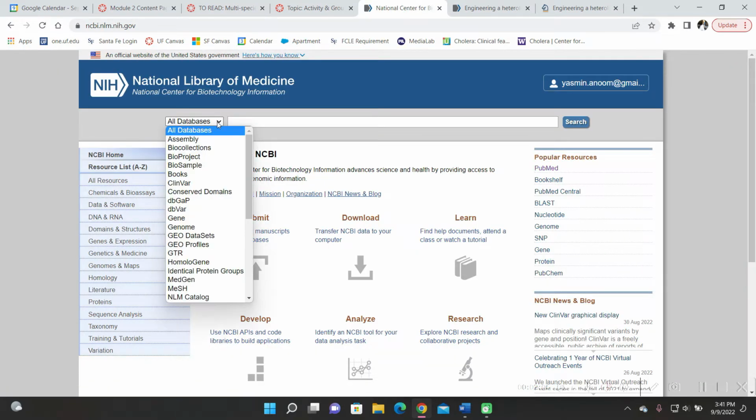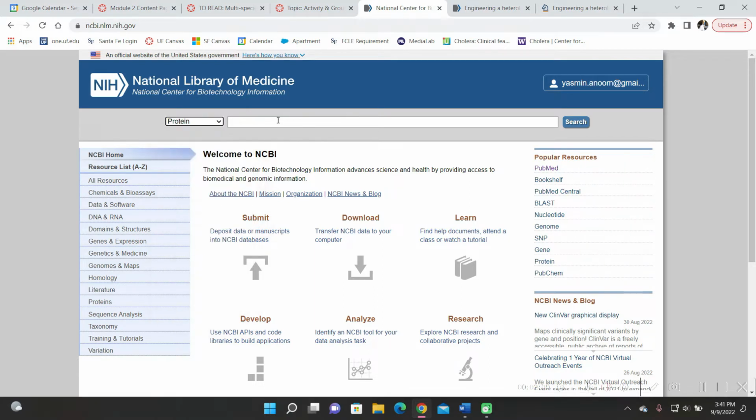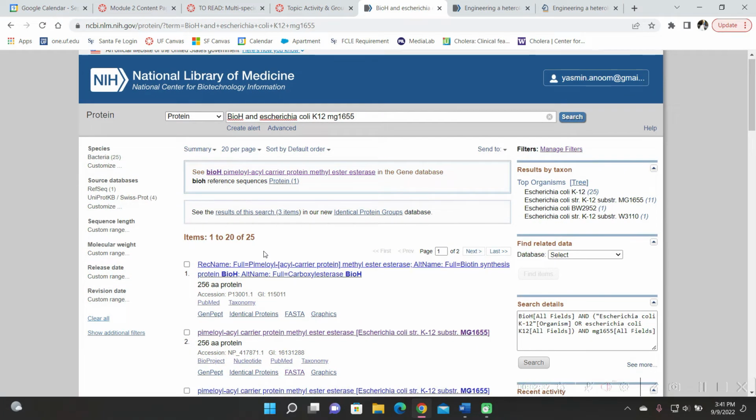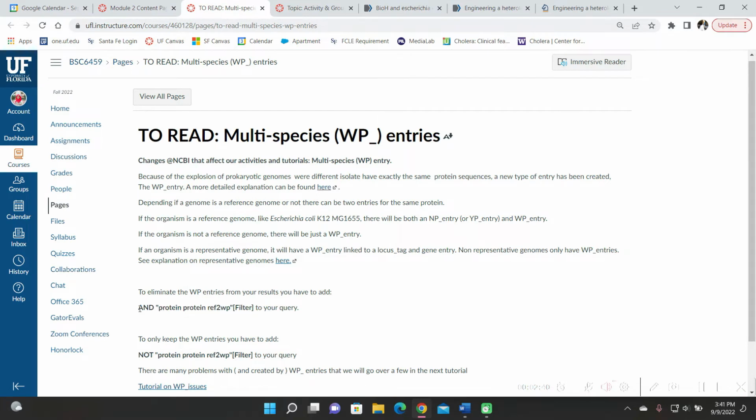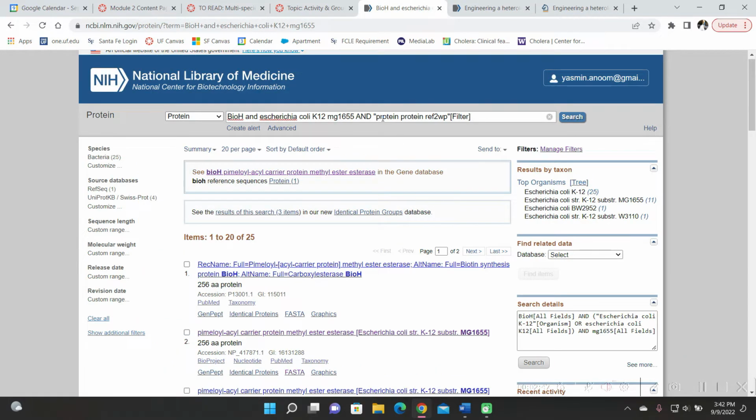So then I went back to NCBI and I specifically went to the protein database, and the first one I searched was BioH, and I wrote Escherichia coli K12 MG1655. It came up with quite a few results, so then I added the filter that we were taught earlier in the module, so I would get rid of redundancy. And this took me directly to a protein for BioH,